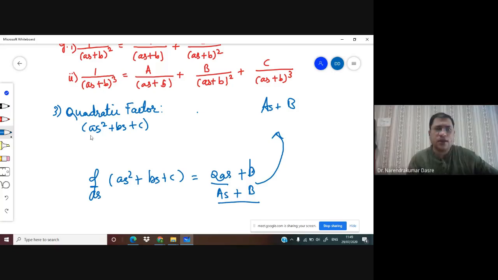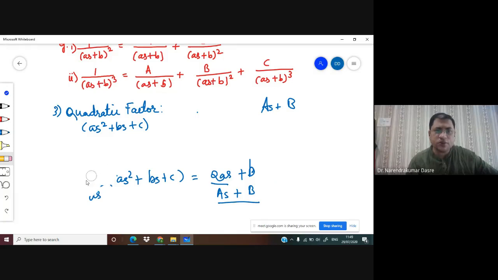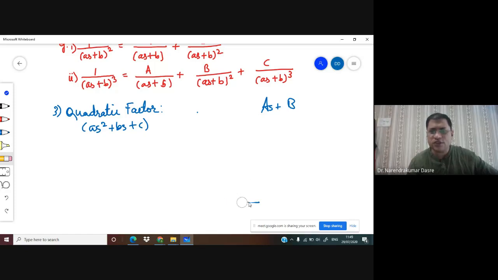Okay, sir. This quadratic is an irreducible quadratic polynomial. That's what I said, so we don't have a denominator. This quadratic term is in the denominator already. Okay, and then how to choose its numerator? This is the denominator term, so this will be its numerator.